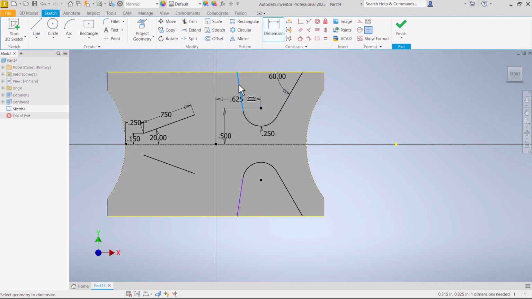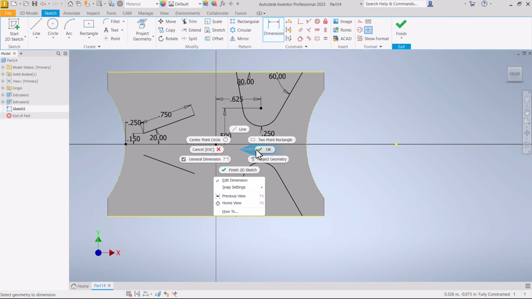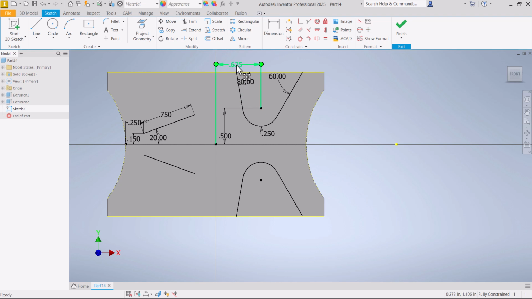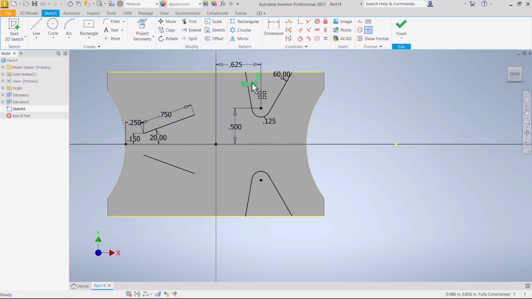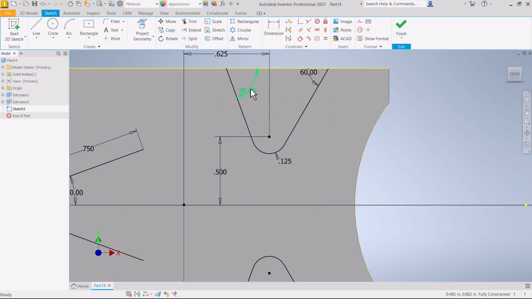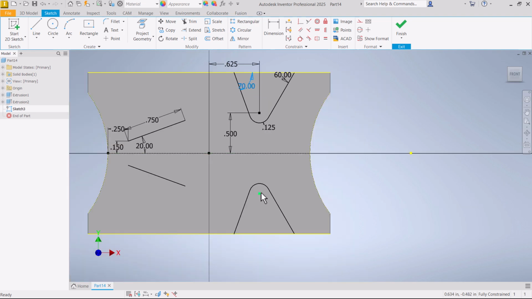maybe some dimensions up here. As I apply these dimensions, everything now is fully constrained. But you see what it gets us. I'm going to move things around a little bit just so it's a little cleaner. But I've got all of my dimensions up here, and whatever I do up top happens down on the bottom. And as we said earlier, that keeps this sketch cleaner, makes sure that everything that I do up here also